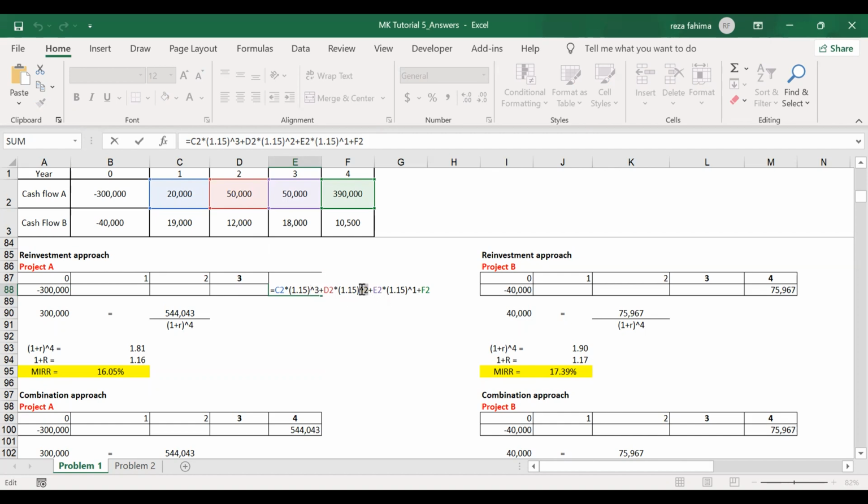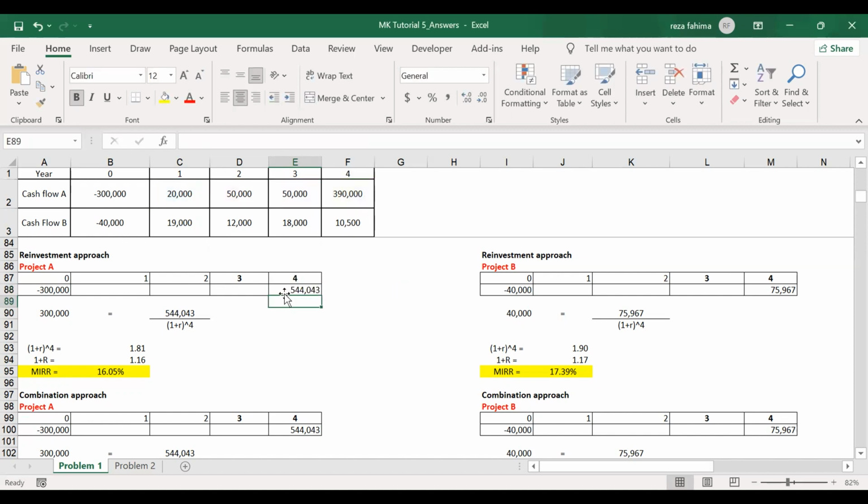Plus the cash flow of year 3 multiplied by 1.15 to the power of 1, since 4 minus 3 is 1. And we also add the cash flow of year 4, and we get our modified cash flows for the reinvestment approach,